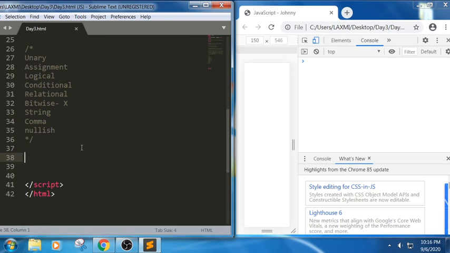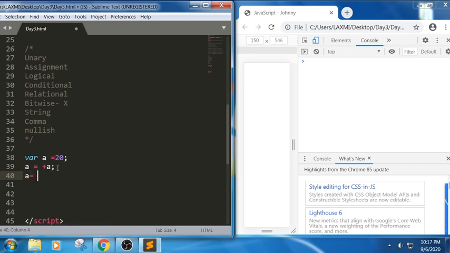First one, unary operator. What is the use of unary operator? Unary operator is simply a plus symbol or a minus symbol. You can place unary plus or minus in front of any variable. Let me write an example so that you can understand. I am writing variable a equals 20, and a equals plus of a. It means we can call this plus the unary plus operator.